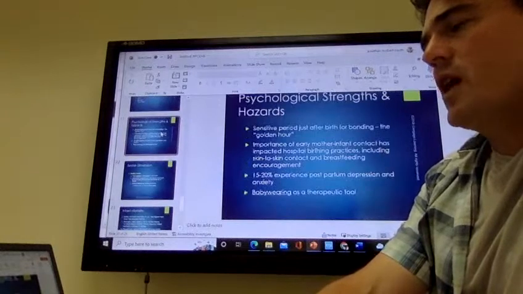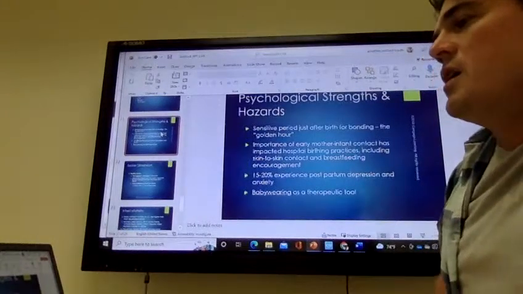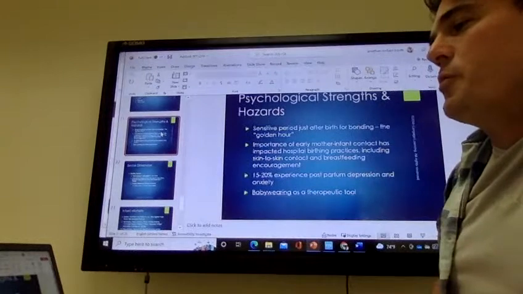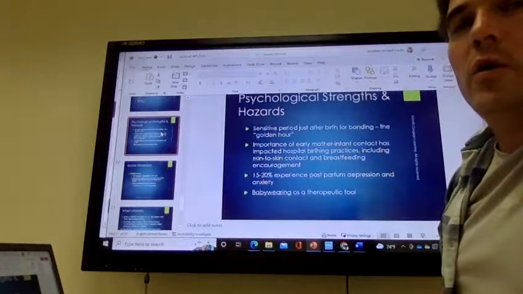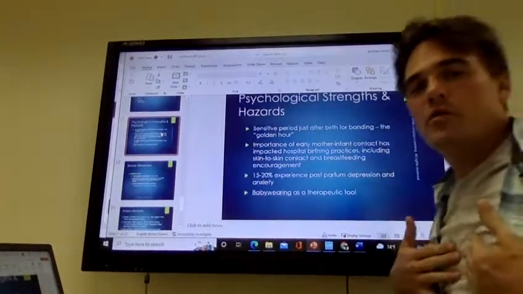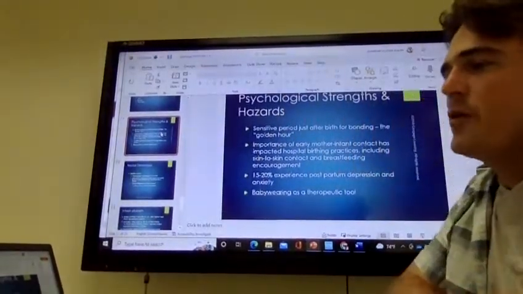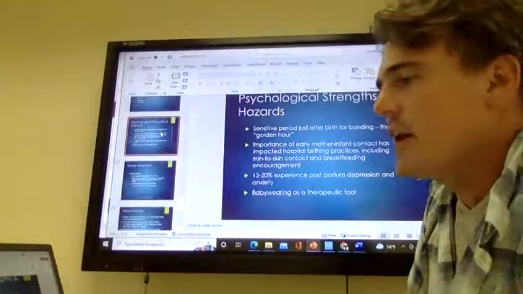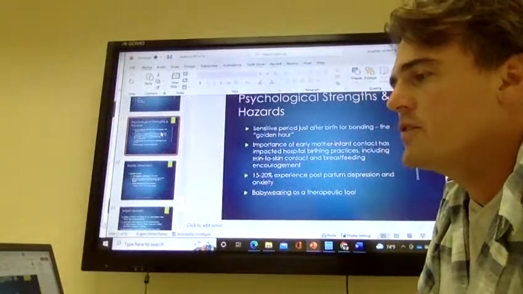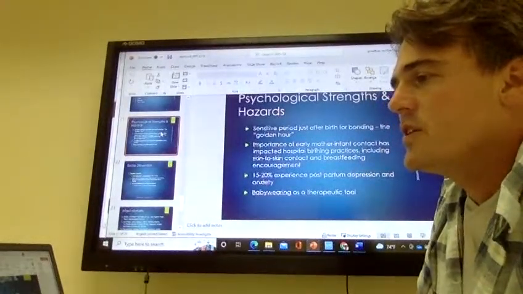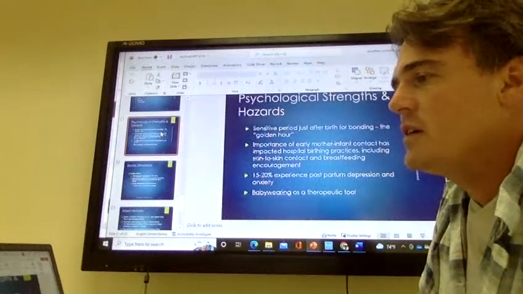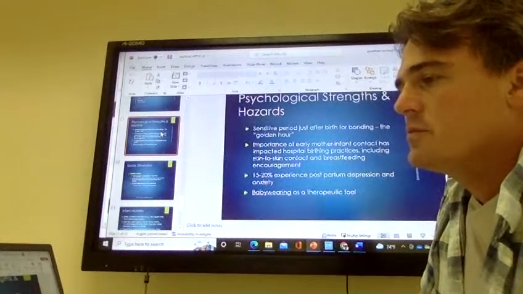So some of the psychological strengths and hazards. There's a sensitive period just after birth for bonding. They call it the golden hour. They actually now have both the man and the woman do skin to skin where they hold the baby. And there's an importance of early mother-infant contact that has impacted hospital birthing practices, including skin-to-skin contact and breastfeeding encouragement,